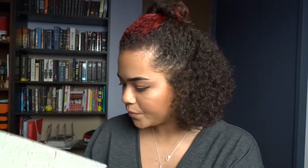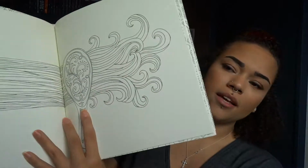No offense to people with straight hair, but I love my curly hair, and I will love my curly hair till the day I die. Do I get frustrated with it some days? Yeah, but I still love it. And this book does have some pictures of, where is it? There's one of a girl brushing her hair out from straight to curly, and stuff like that,